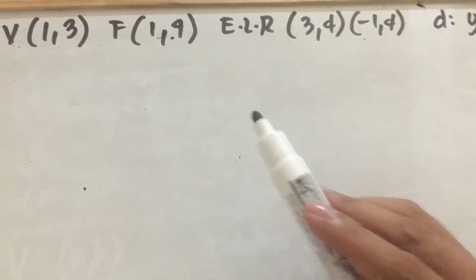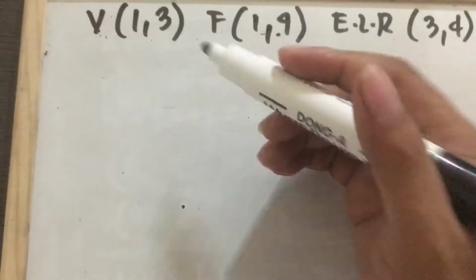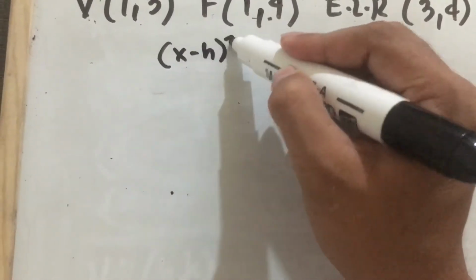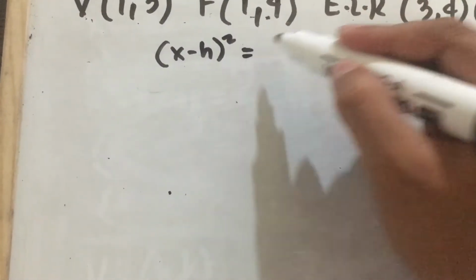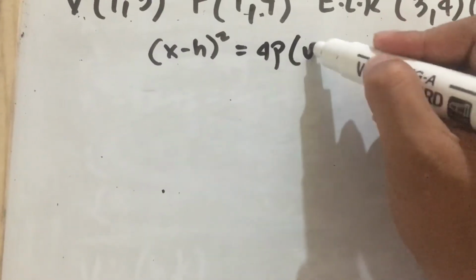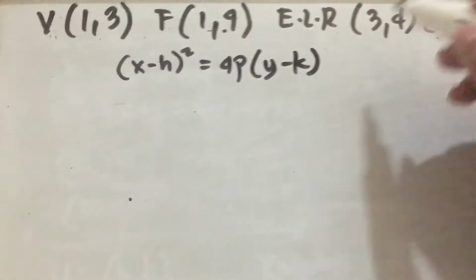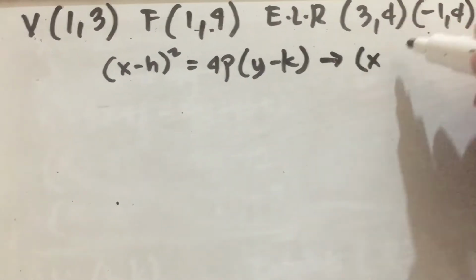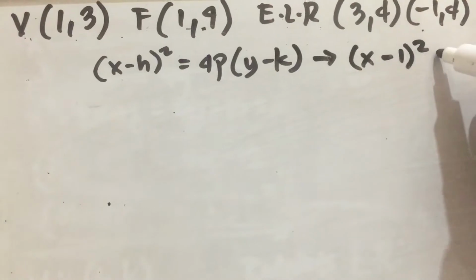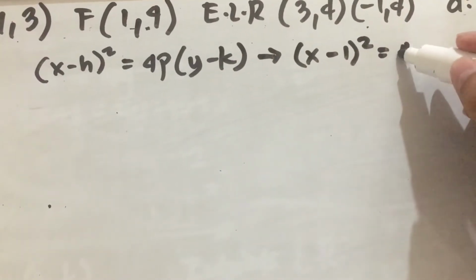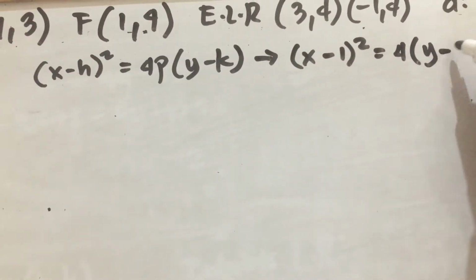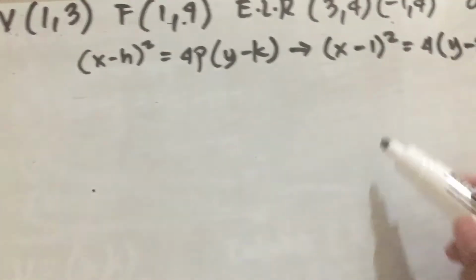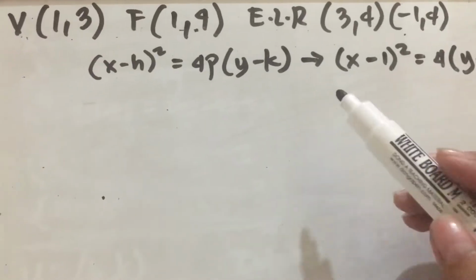Now we all know that the standard form based on the given problem is (x minus h) squared is equal to 4p(y minus k). Then we arrive at the final answer, which is (x minus 1) squared is equal to 4(y minus 3). Okay, so we arrive at that answer. Before we can graph the equation,